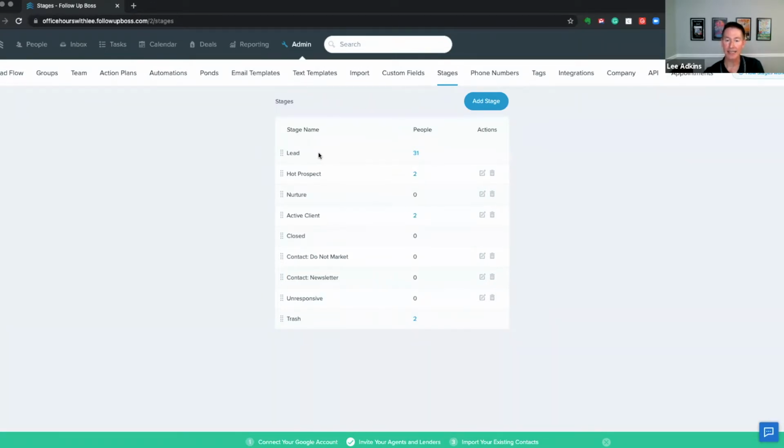You cannot edit lead and closed or trash. Those are mandatory stages. Closed is, and certainly used to be, really deeply tied to reporting as part of the reason you can't edit it, because it needs to be there to be able to say that these people went through this process and now they are closed. And the same for lead is the default for people to come into. So you can create or edit existing ones.